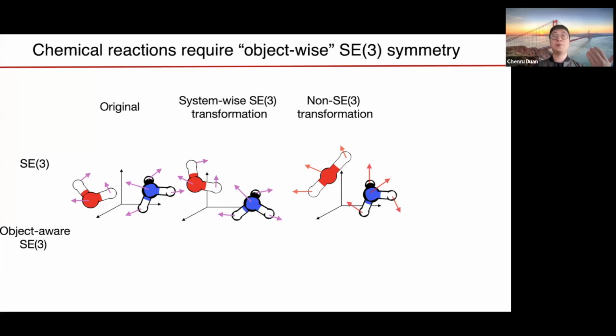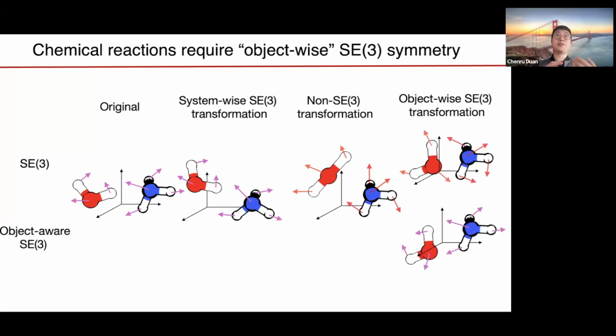Basically, there's no simple relationship between the vector field from the new set of molecules compared to the old one. But if we do an object-wise SE3 transformation, let's say we only rotate the water molecule without touching the ammonia molecule, but also translate the water molecule a little bit. In that case, if we consider the SE3 symmetry,